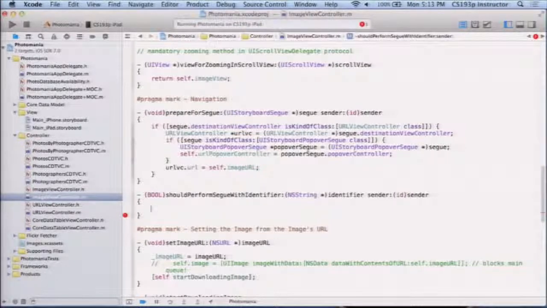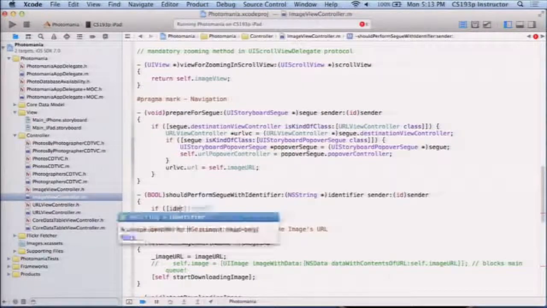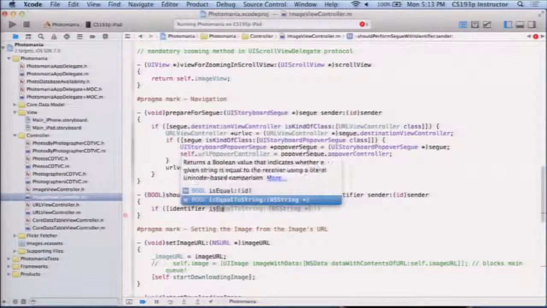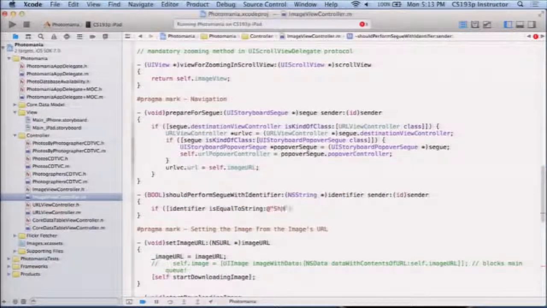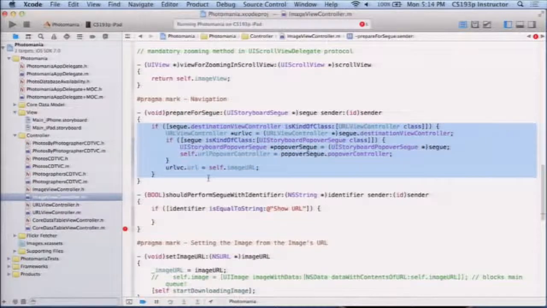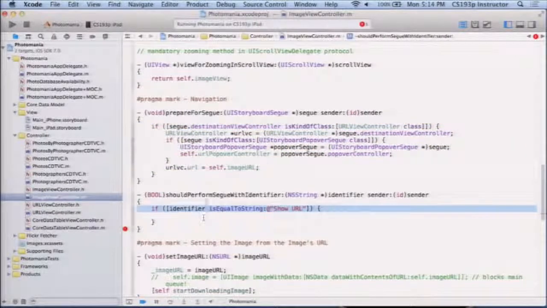And right here we're going to say if the segue in question, its identifier, is equal to the string show URL, which is what it is in our storyboard. And this is a reason why maybe we want to check it here as well. I skipped over that in demo mode, but if we're going to check it here, we might want to check it